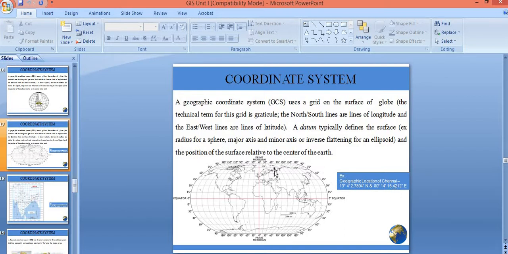Okay, so here, since it is east, it means it is to the right side of the prime meridian. If it is west, it means to the left side of the prime meridian. So that's it. Okay, so you should be clear with latitude and longitude. Based on this you may get some questions. Fine.